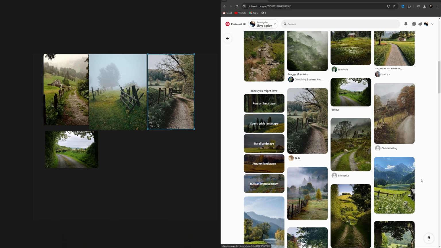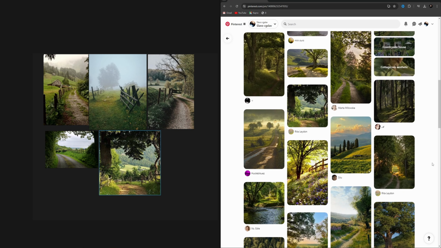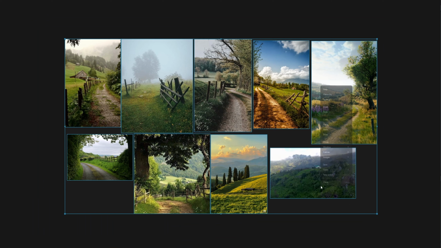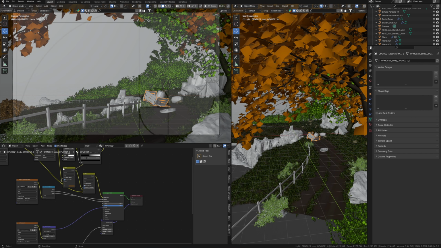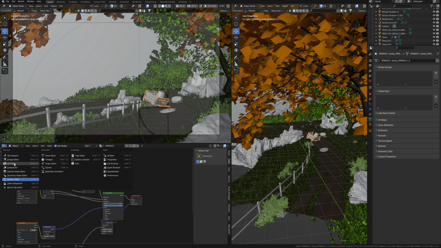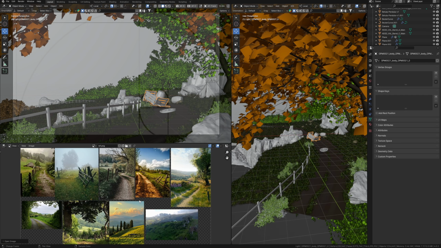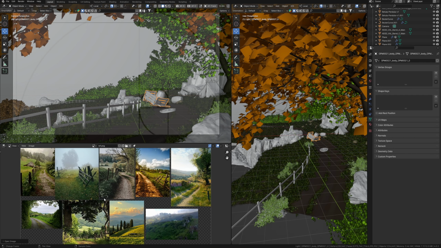For reference collection I usually use PureRef, free-to-use software that can help you to gather all images into one file. Use them on the second monitor or overall window if you have only one monitor. Also, if you don't have a couple of monitors, it's possible to save all references into one PNG and drop this file into Blender. Open the image editor and then pin this file in Blender. I use this way because I have only one large 32-inch monitor and it's more convenient for me.